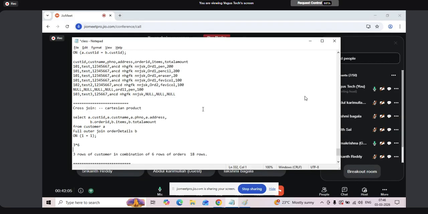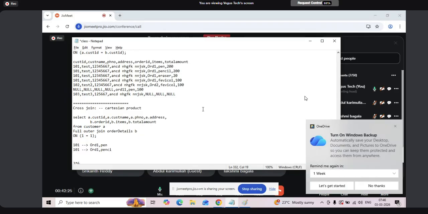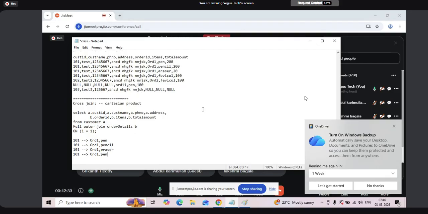So if you look at this example, for customer ID 101 it will have order 1 pen, and the same order 1 pencil, order 1 eraser, order 1 favicol,